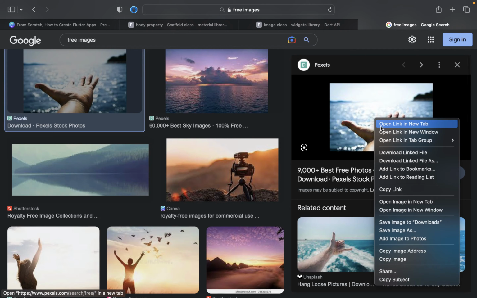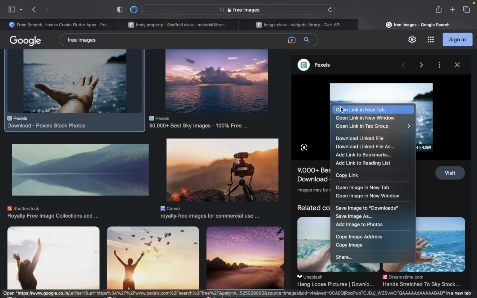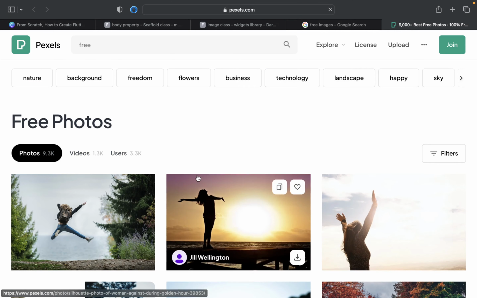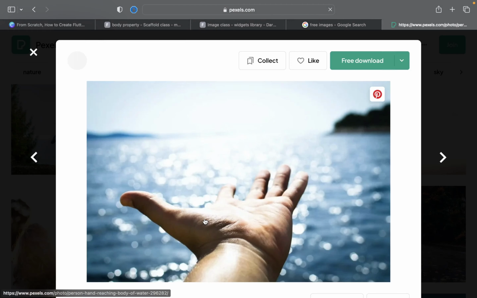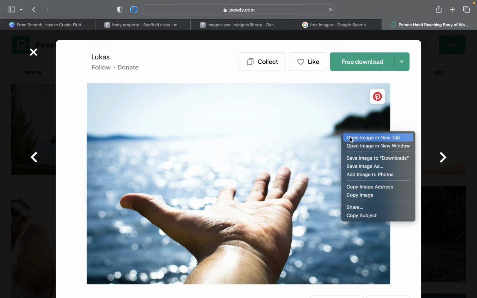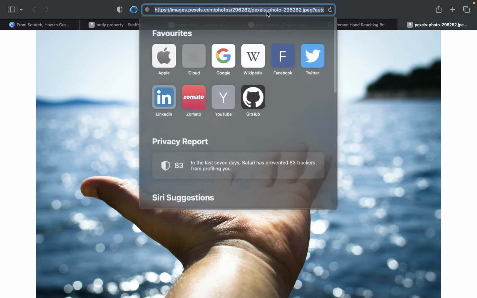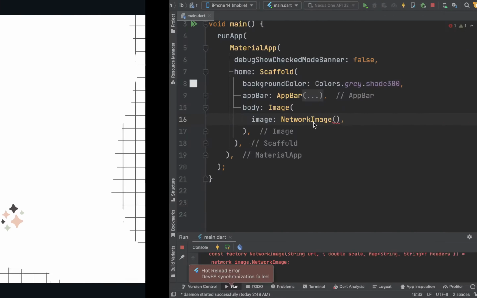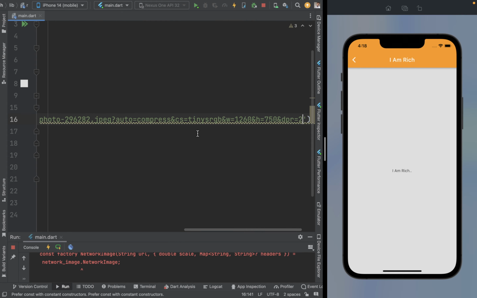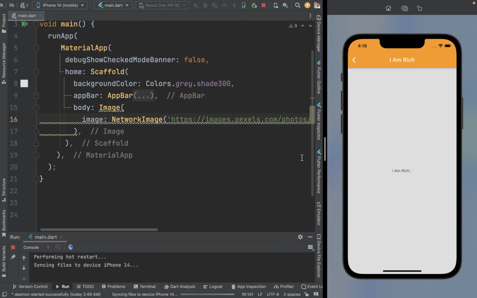So what you can do is right click on it and open it in a new tab. I just want to open the image in a new tab. So it will give you a link or URL. You can just copy that URL, and here in single quotes you can paste that URL. Okay, and if I run the app now,